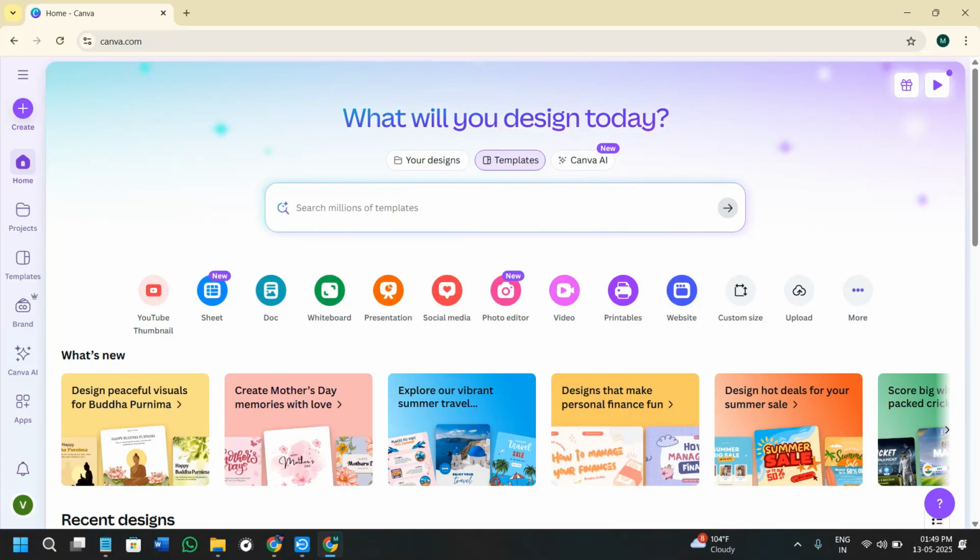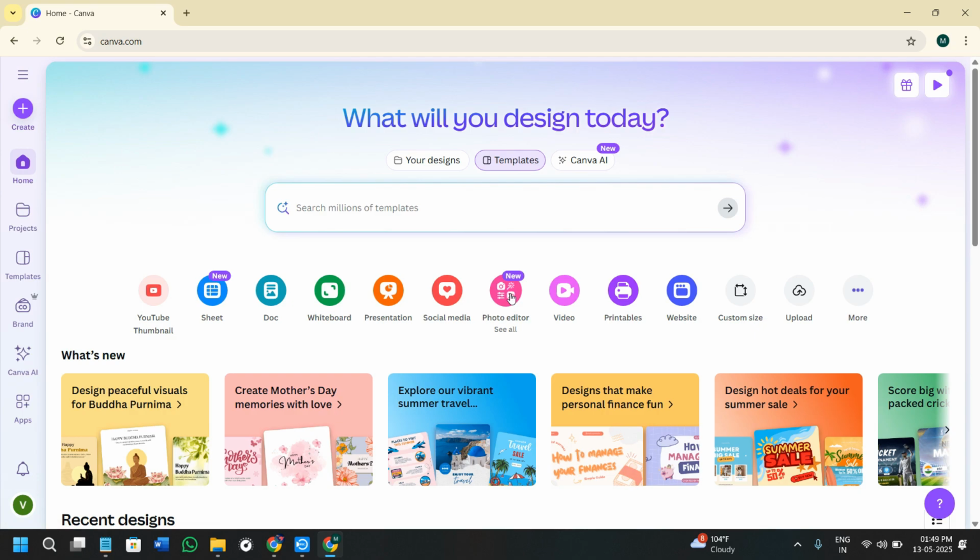If you are someone who loves creating stunning presentations and designs, you probably already know about Canva. It's an awesome tool for creating beautiful slides, posters, social media posts, and more. But what happens when you are creating something amazing in Canva and now need to take it to another platform like PowerPoint? Well, that's where things get tricky, especially if you have added animations or transitions to your Canva designs.